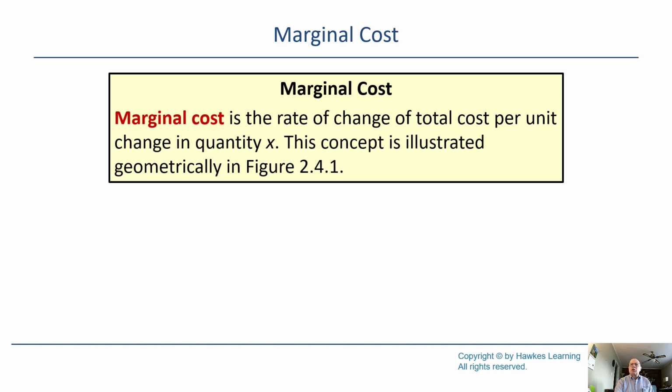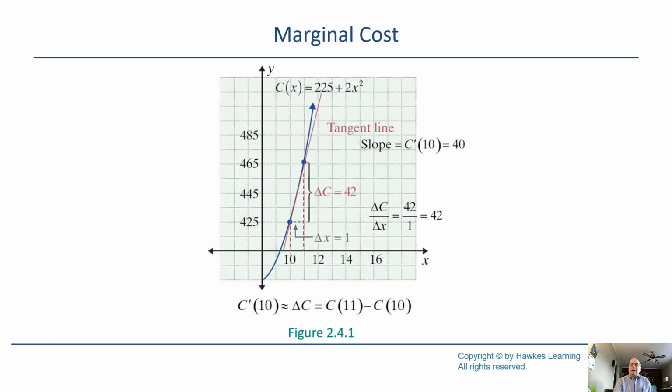And we're talking about marginal cost. So it's the rate of change. In other words, how fast is the cost increasing at a certain point? We're talking about the rate of change of total cost per unit. That's why I said for each one, when you've got a quantity X. Let's take a look at that. Here we're talking about